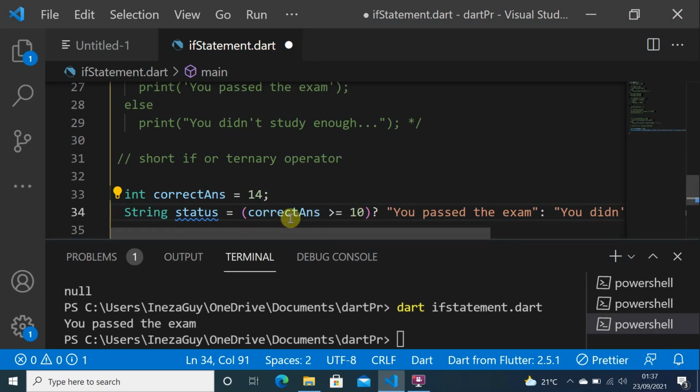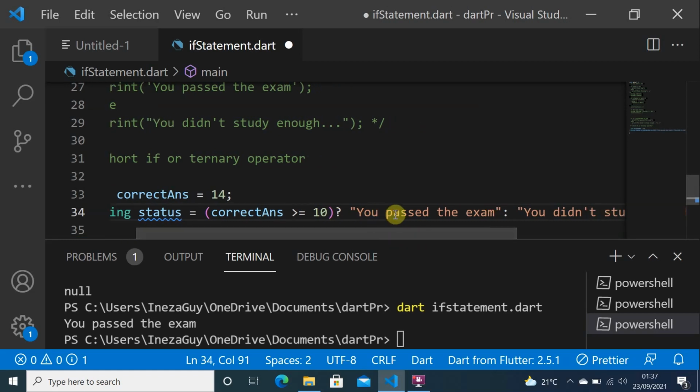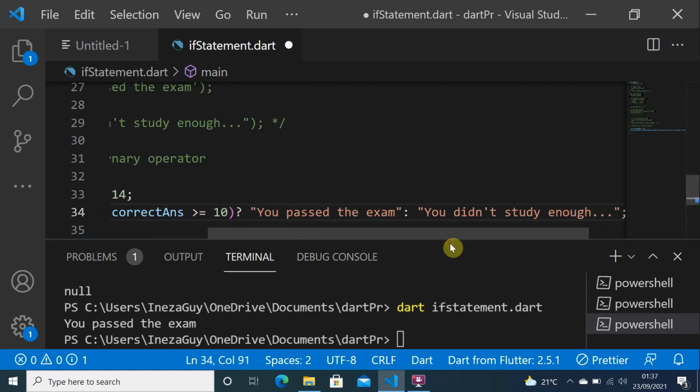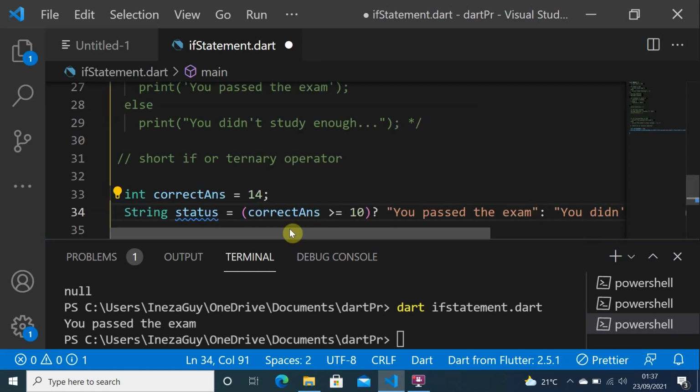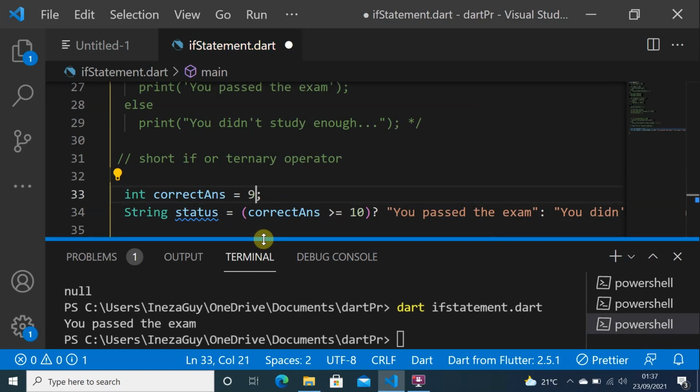If this condition is true, it will print you passed the exam. Here it is true because you have 14. It will print you passed the exam. If it is false, it will print you didn't pass, you didn't study enough. Let me just reduce the marks and put 9